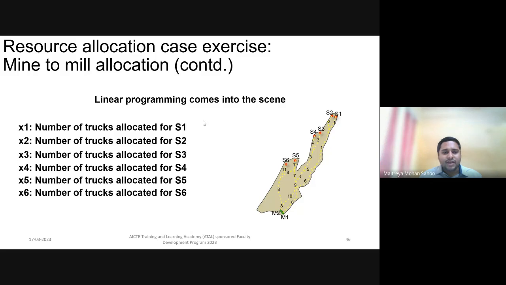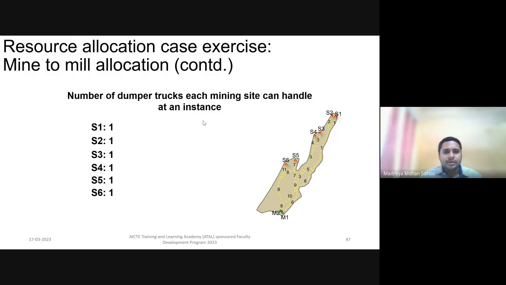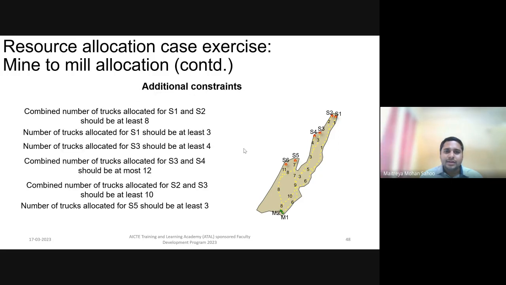So if x1 to x6 represents the number of trucks allocated for say S1 to S6, and the number of dumper trucks each mining site can handle at one instance is one dumper at one instance. So when one dumper will be going to the site, the other dumper should be returning back from the mining site. And there have to be some additional constraints like